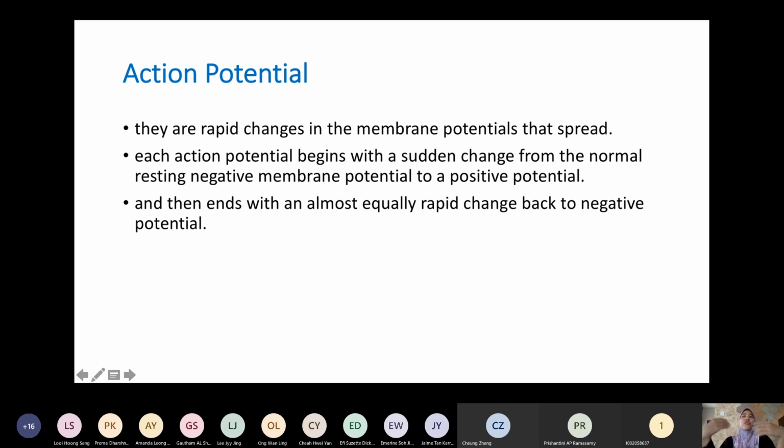So when we talk about positive or negative potentials, we are actually talking about the inner cell, what happens inside the excitable tissue. We're not talking about the outside only, but about the changes on the inside of the tissue. All right? And then when it ends, it will come back to its resting potential, which is the negative potential.